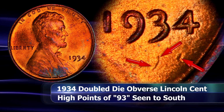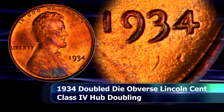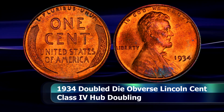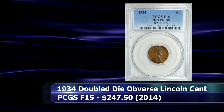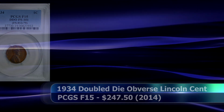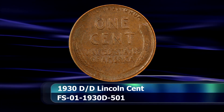place of interest. It appears that since the offset was so significant, the press operator realized his mistake before full pressure was applied, he was then able to adjust the hub onto the die before completing the hubbing process. In 2014, Great Collections sold an example of this coin at auction in a PCGS slab with a grade of F15 for $248. And then we have another repunched mint mark coin, but unlike most of the repunched mint mark varieties mentioned